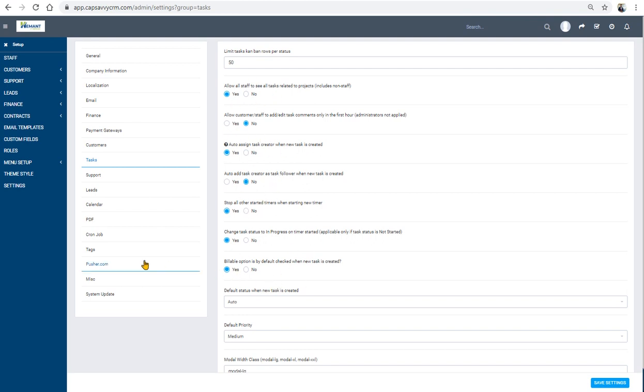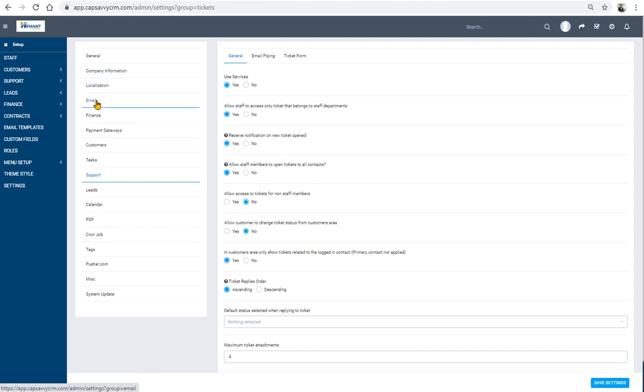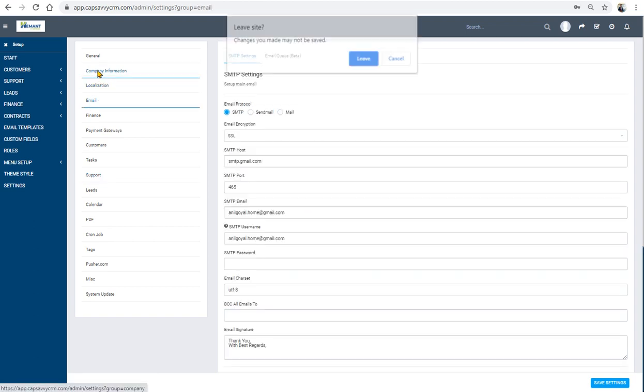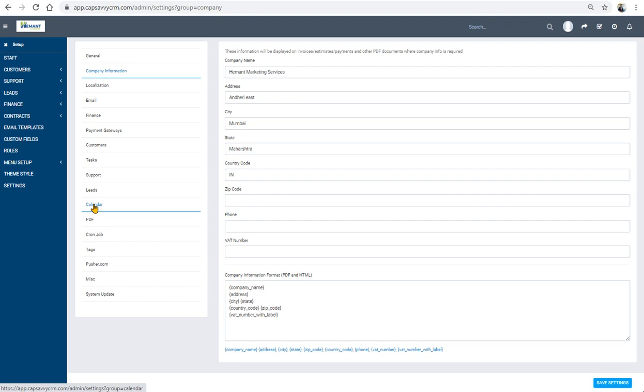If you don't do anything, then also there is no requirement. You don't have to do anything. These are just for information, that if you want to change anything, you can change. Otherwise, whatever inbuilt information is there is sufficient for you to start directly. Only these two things are pending: general and company information, and email. These three things are important once you do your first-time login. So the remaining settings are already there. You don't have to do anything.